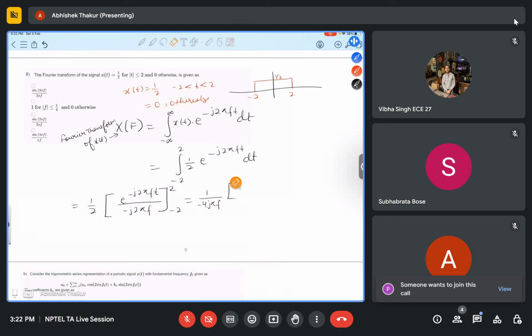Here we will get e to the power of minus j 4 pi f minus e to the power of, now when you substitute t equal to minus 2, this will become plus j 4 pi f. So this will become, now we know that e to the power of,